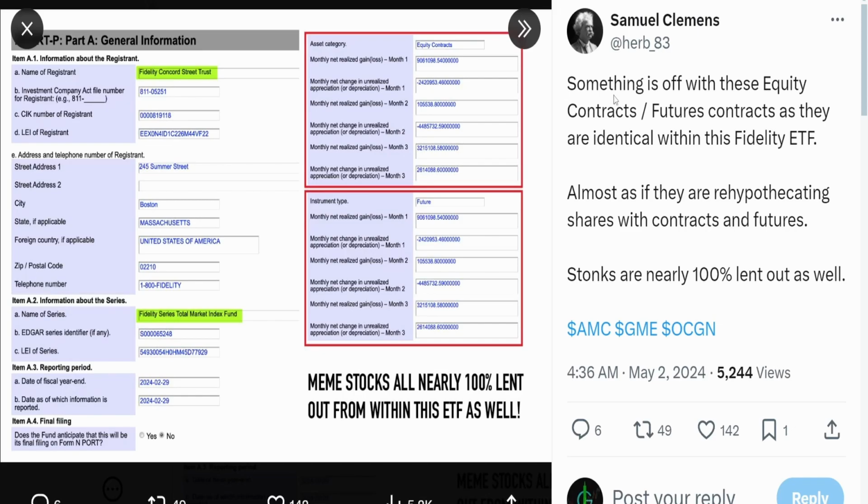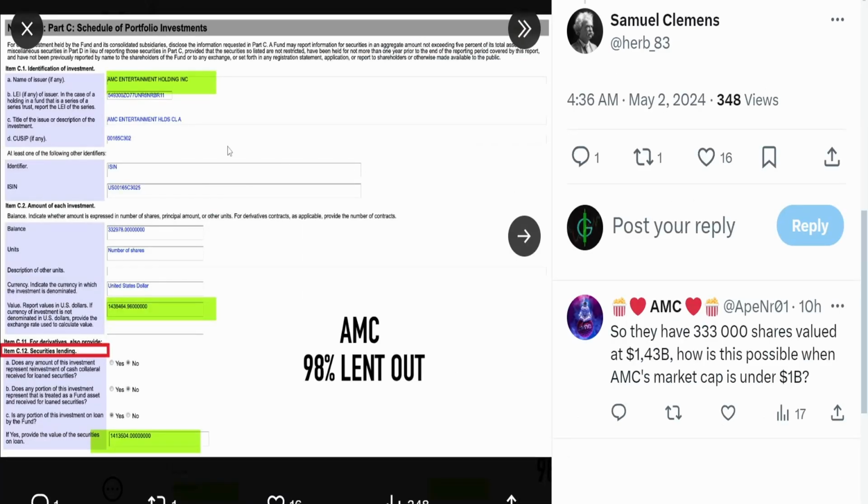What we can see right now is from Samuel saying something is off with these equity contracts / futures contracts as they are identical within this Fidelity ETF. Almost as if they are rehypothecating shares with contracts and futures. Stonks are nearly 100% lent out as well. Now, this is in regards to the ETF that we have actually talked about before, and this is the ETF that is including AMC and which has lent out 98% of the AMC shares within